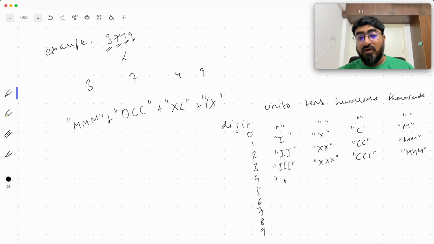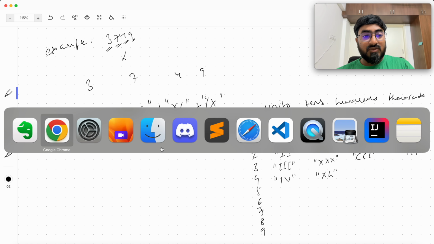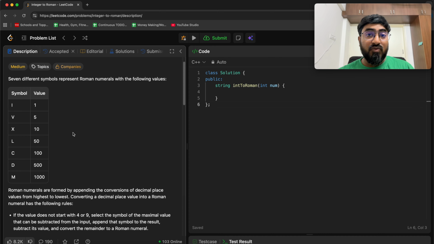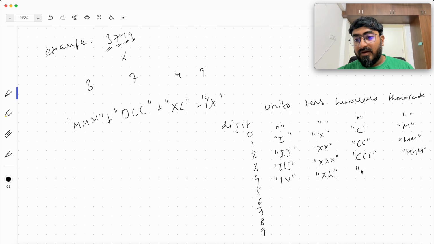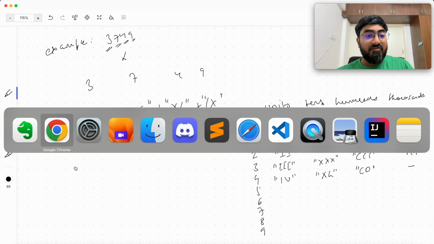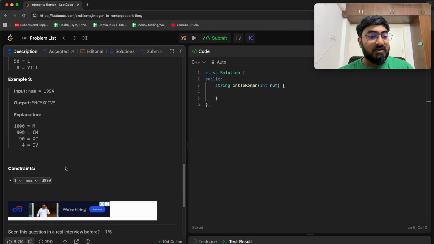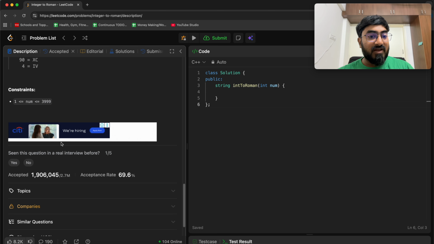Okay, for 4 now it becomes IV. Okay, tens becomes 40, which is equal to X behind L, because L is 50, right? And that's why going through these rules and a few number conversions is very important, so that you understand how Roman numerals are being generated. Okay, similarly for 400, C behind D is going to be 400, and for 4000 it is a blank, because we will not get 4 at the thousands digit, because the maximum value is